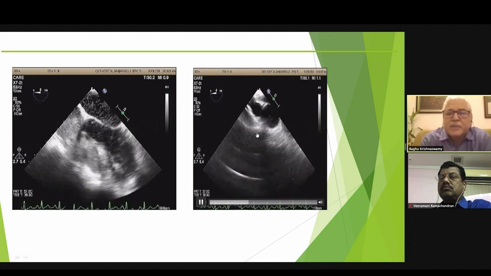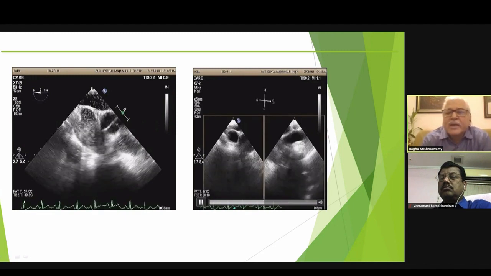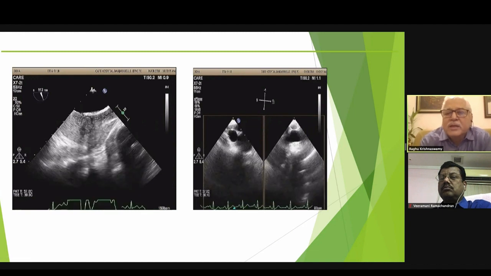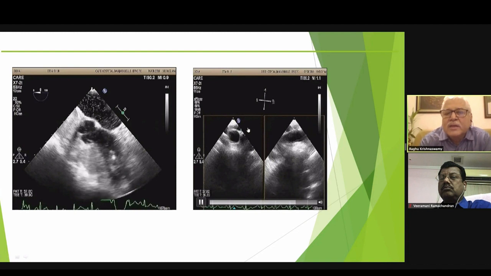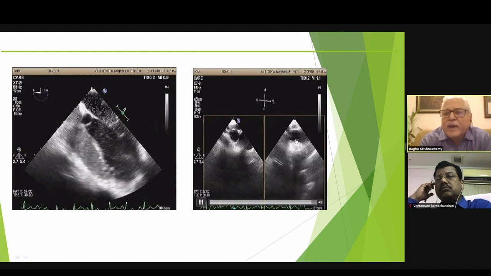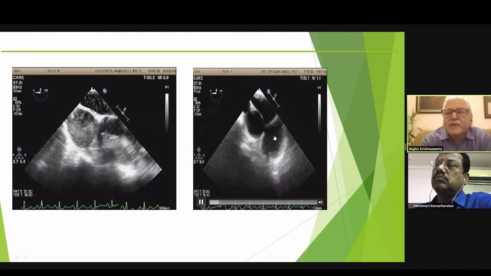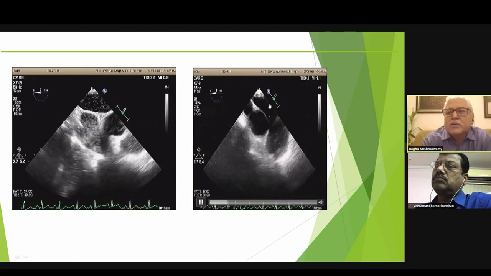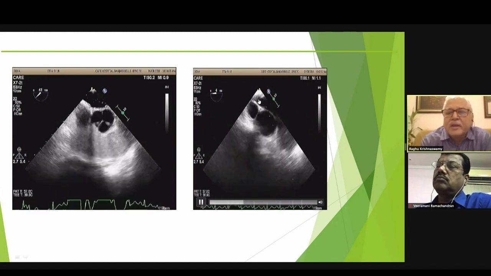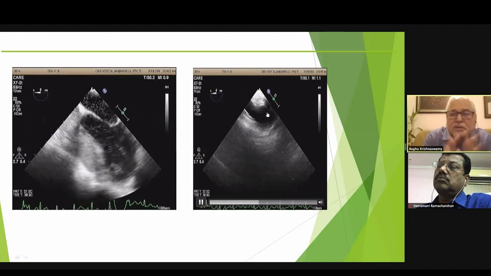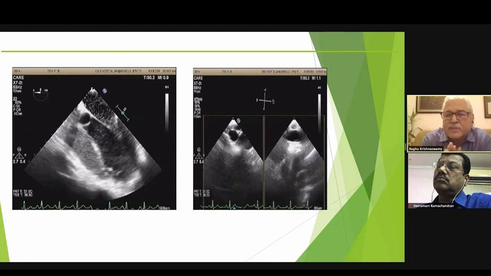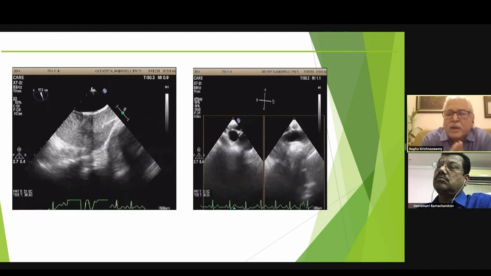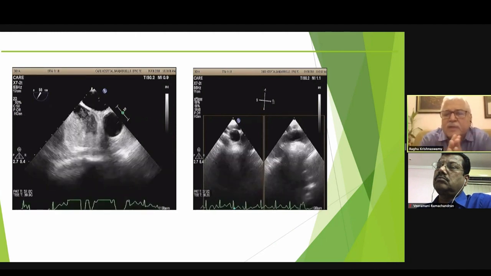Now, the right-sided echo TE shows what we normally do in such situations. So wherever we suspect a pulmonary embolism, I'll come to that again later also. What you see here is the SVC. And as you see here in the biplane, you can see the main pulmonary artery very clearly, and also the right pulmonary artery. The left pulmonary artery, unfortunately, is covered by the left bronchus, so we don't see beyond the origin of the left pulmonary artery.